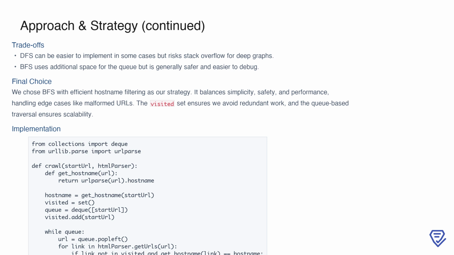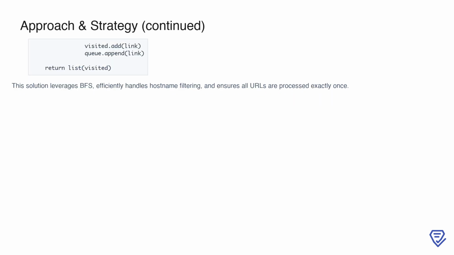By exploring URLs layer by layer, BFS also provides better memory management, making it well suited for the problem at hand. To implement this solution, we use Python's deque for the BFS queue and the urlparse library to extract hostnames. The crawl function begins by defining a helper function, get_hostname, to parse the hostname from a URL. We initialize the hostname of the start URL, a visited set to track processed URLs, and a queue to manage